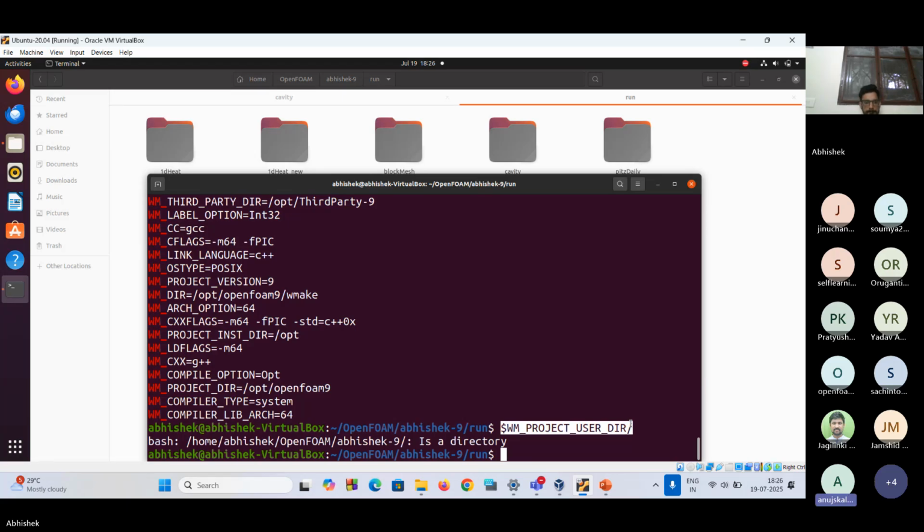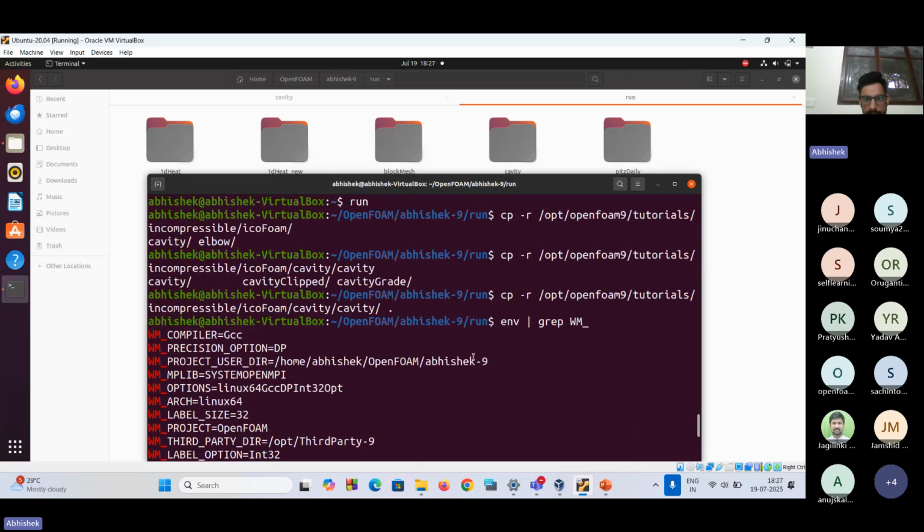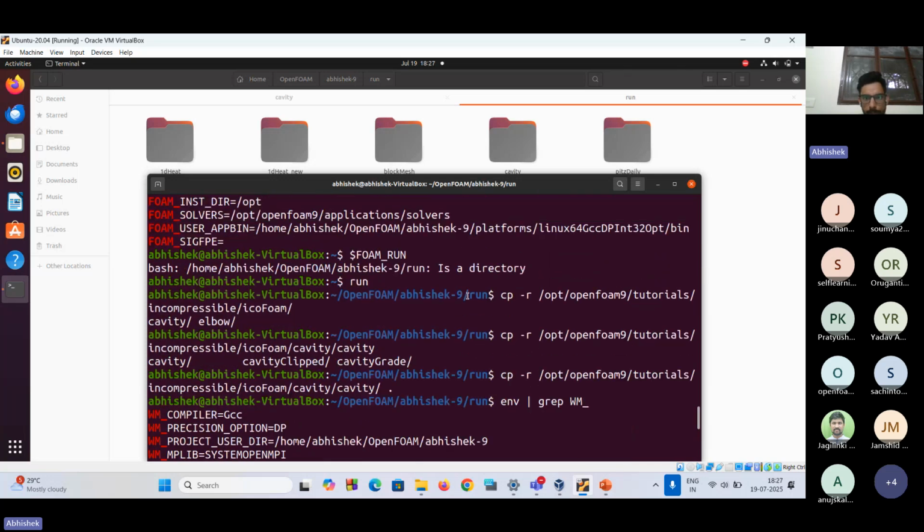Am I showing you "no such file or directory" when I type this WM project user directory? It is showing that, but it is also showing this address. Okay, so what you have to do is make the directory. But if you have given this mkdir command, sorry,